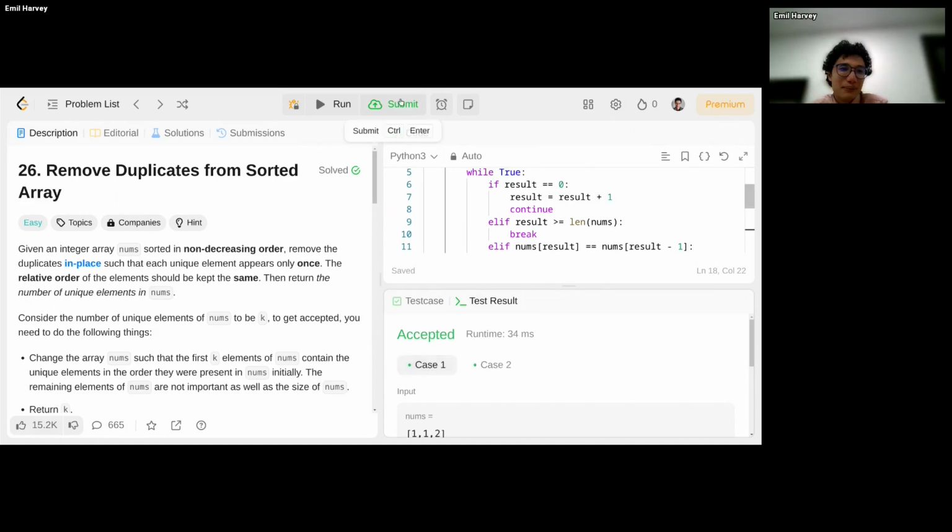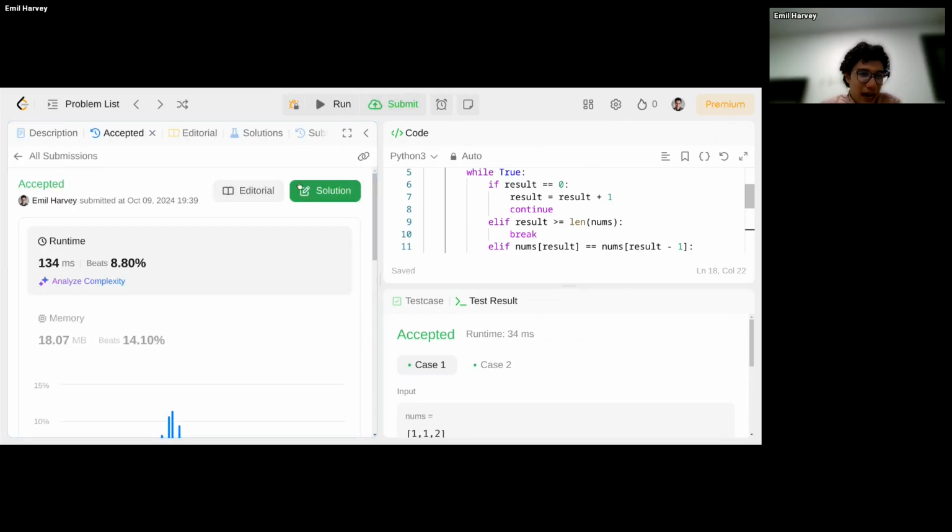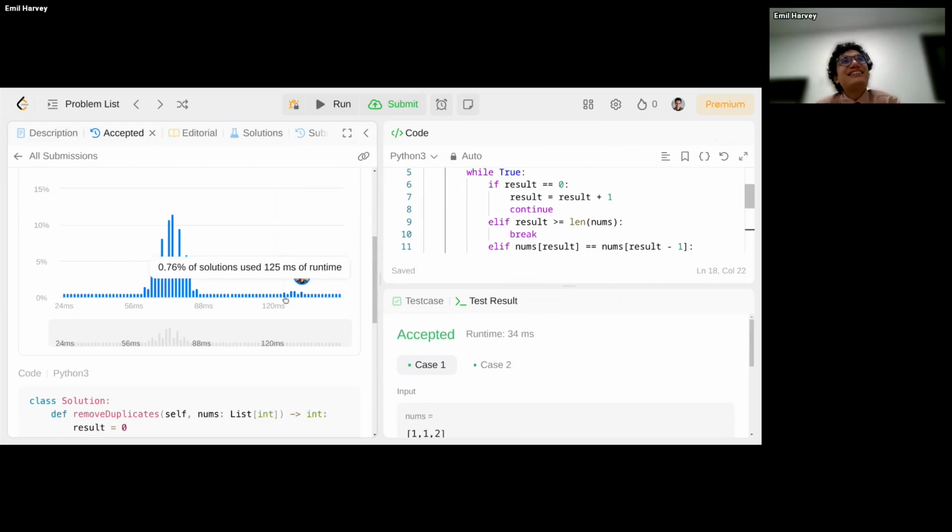We will want to hit submit, which is going to test it against all of the like 700 test cases or whatever that Leetcode has. And we'll see what happens. And we are good. You'll notice it's very slow. That's totally fine. Someone online had a solution involving a set, which I would imagine is going to be a lot faster. But that's fine.